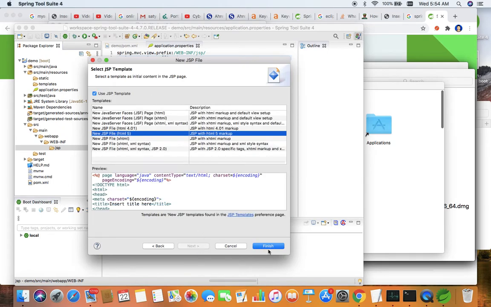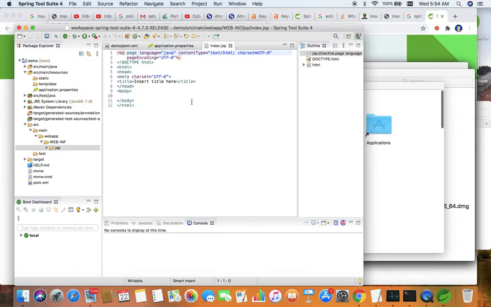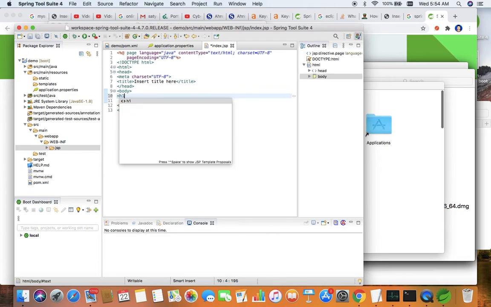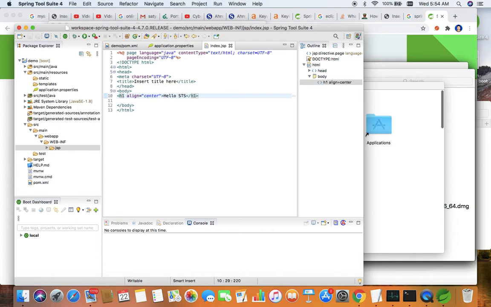Next, it will give us the HTML template. So here I will write a message with the help of a heading tag, h1, I am using over here. So hello STS is going to be the message from this JSP. So the job is done.